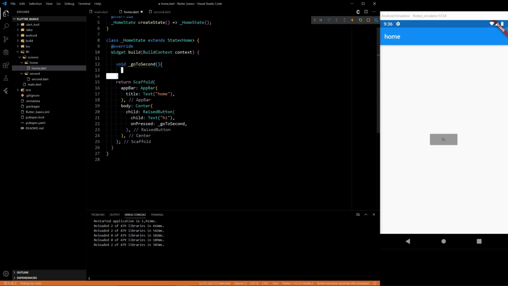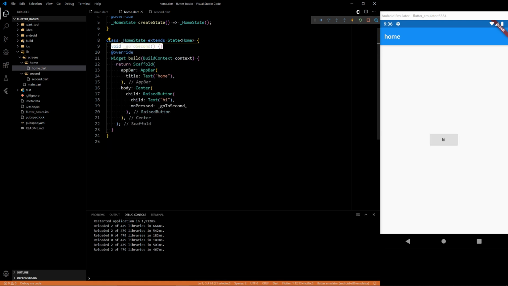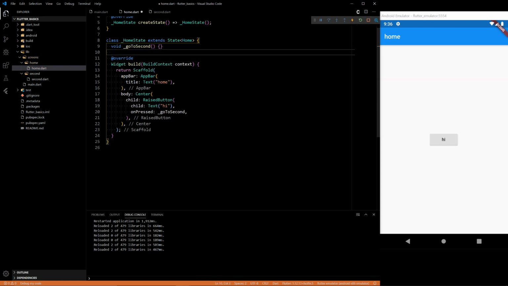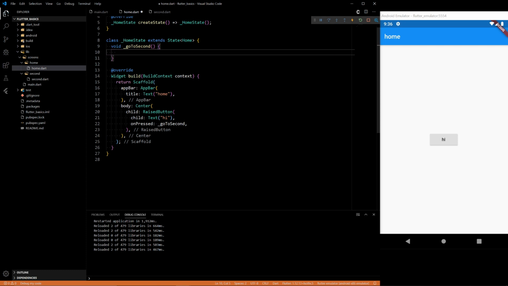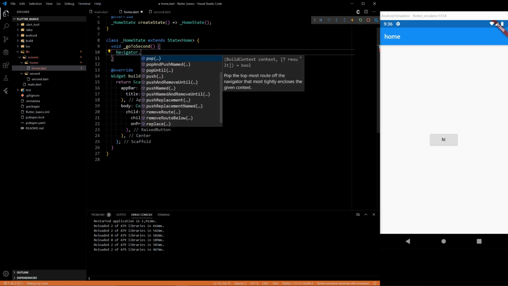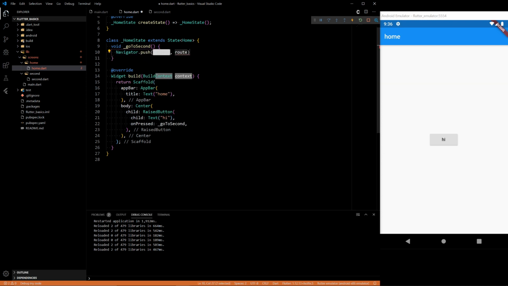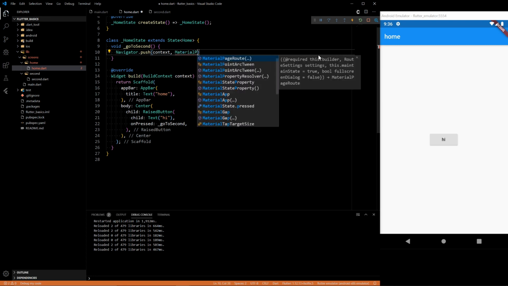Actually, this could be up here. It doesn't need to be inside the build function. So all we need to do in go to second is call Navigator class dot push, and you'll see you need a context and you need a route. The route is going to be a material page route,